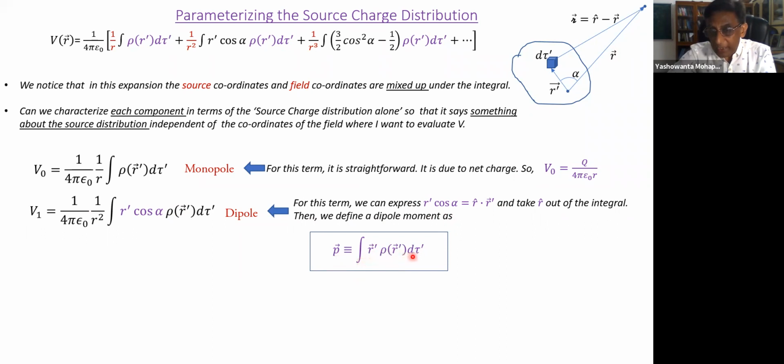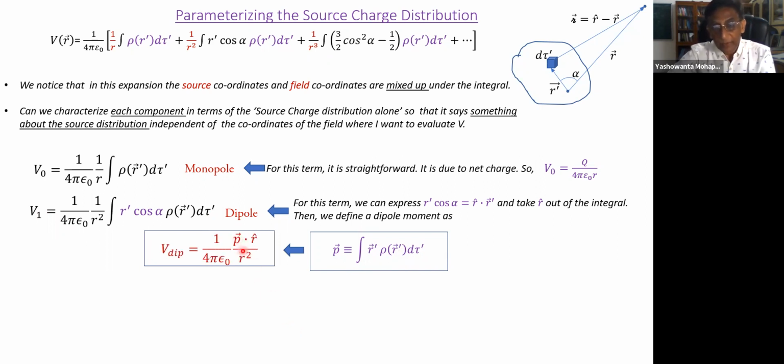Now this only considers the source coordinates. There's no field coordinate here. So r prime, rho, r prime, theta prime, this is the first moment. That's why it's called the dipole moment. It is weighted by where that particular dq is located: the charge times its position, summed over, and it's a vector. So that is the definition of the dipole moment. Look at this, I'm defining it. Now I can plug this definition into my V1, and V dipole simply becomes